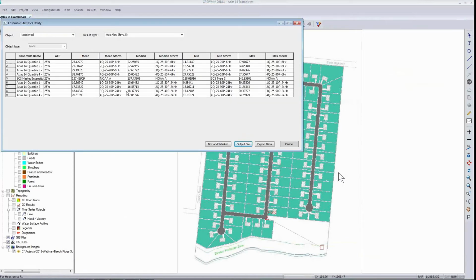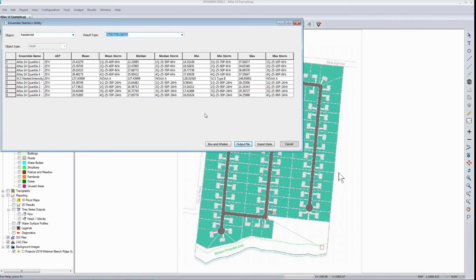And this ensemble statistics then is presenting us with all of my ensembles, its description and what's its mean, what's the maximum and minimums for the parameter here that I've selected from the combo box